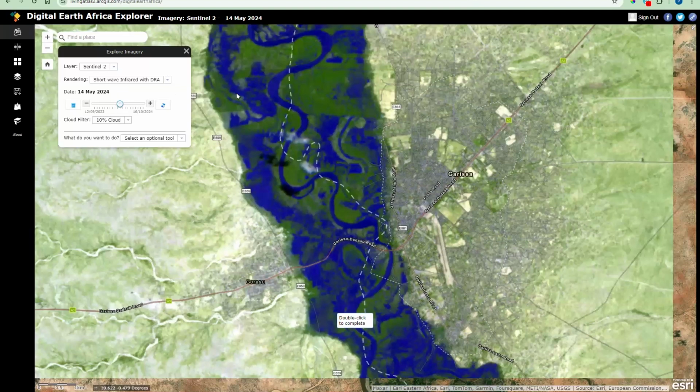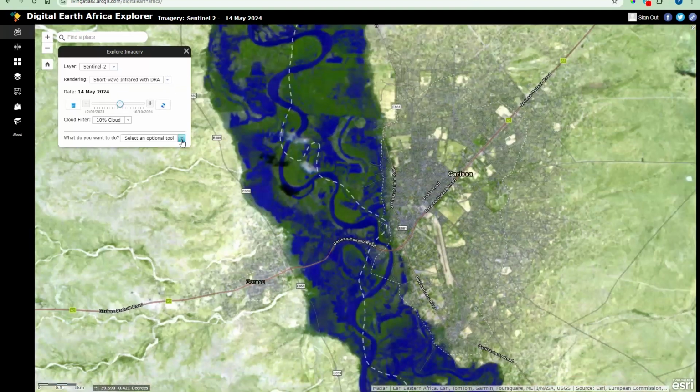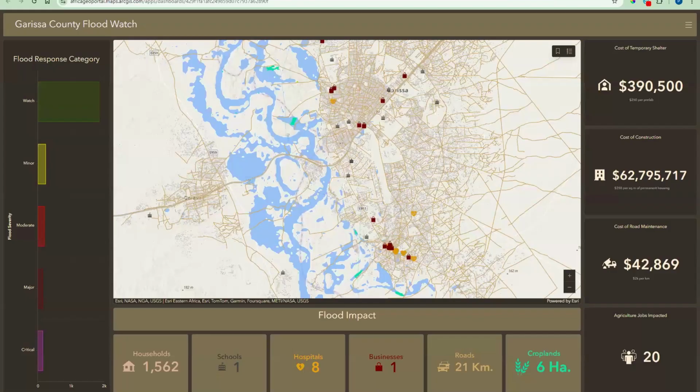So within the Explorer application, once we get this kind of information, it is possible to create a mask and export this information and use it within the GeoPortal. So when exported, it can be used together with other information and using applications we have within the GeoPortal to provide useful information. So in this case, the county that covers Garissa town can use the application or can use this information